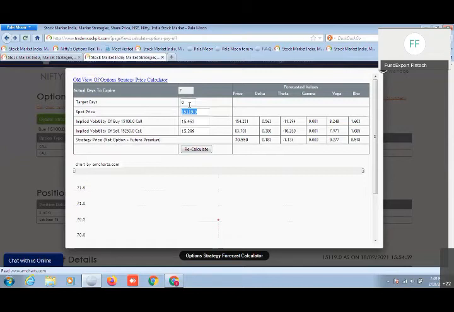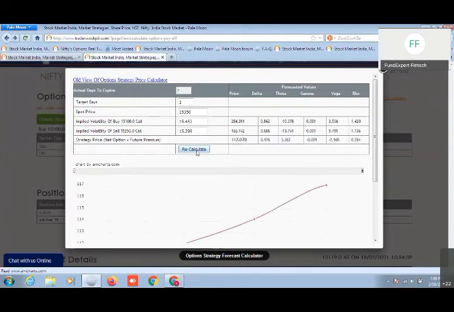Now suppose for example I hold on to this position for the next 3 days, that is Friday, Saturday, Sunday. After 3 days of holding the position, I want to see if by Monday morning the price opens at somewhere around 15,250, then what can be my increase in premium value, that I can recalculate here. So as you can see, this number changing, right, from 70 rupees it went to 117 rupees.